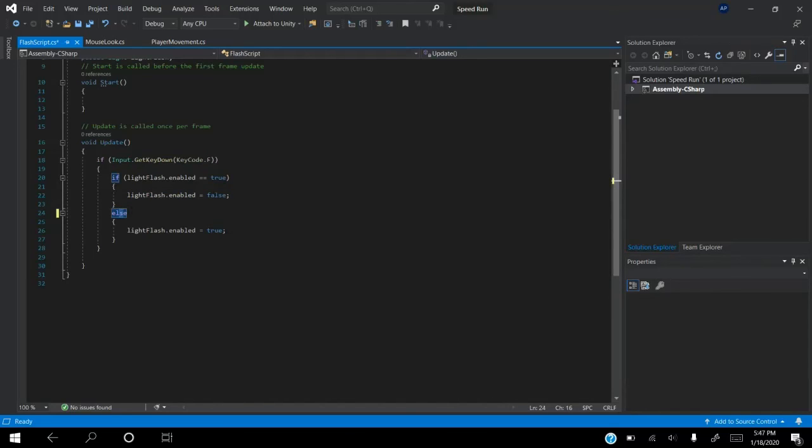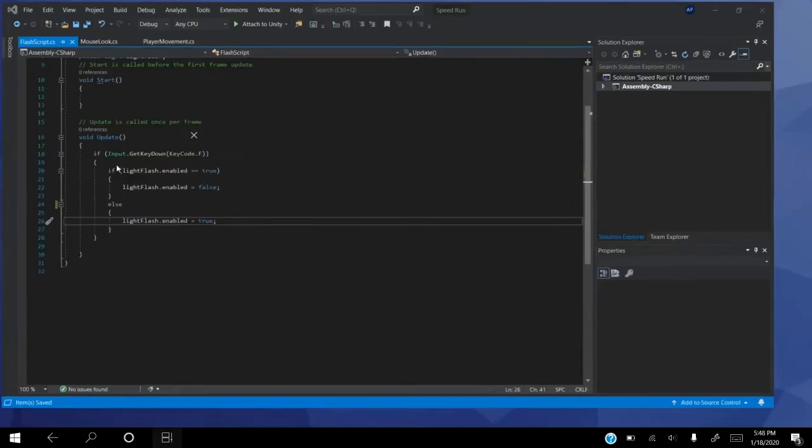And this else compares to this if statement, the top part of this if statement. So it's saying if the light is on, then it's going to turn the light off. But the else compares the light being on. So this would say if it's not on, then the light is on. So if we save that